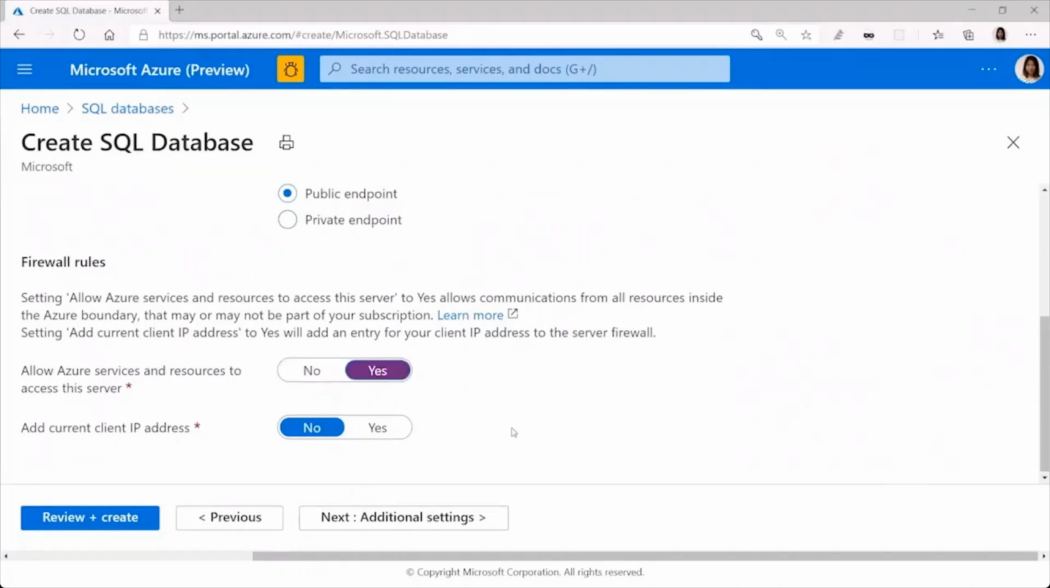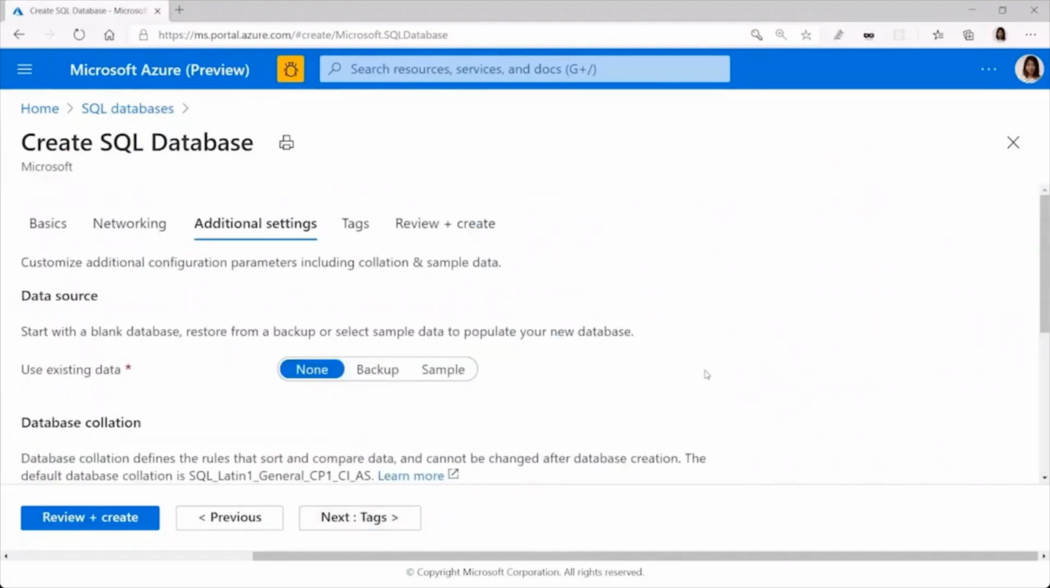And do I want to add my current IP address from this device to allow access to this particular Azure SQL server? So I'm going to as well. Now, if we go to additional settings, this is where you can specify the data source. And so we can create a blank, brand new database, or we can create an existing one so we can restore it from backup,